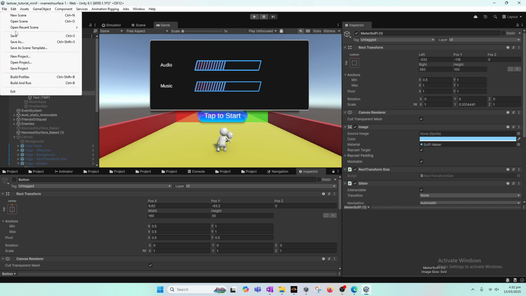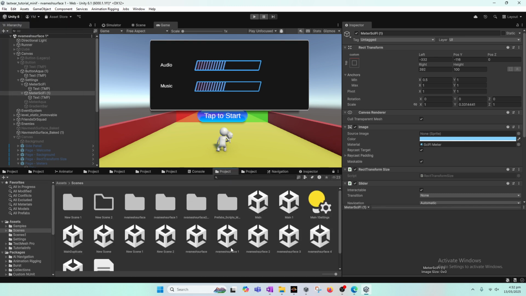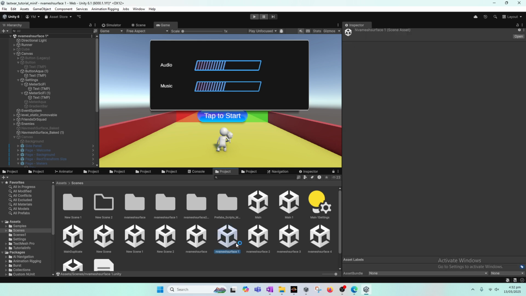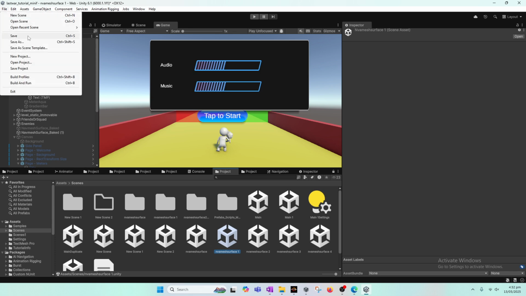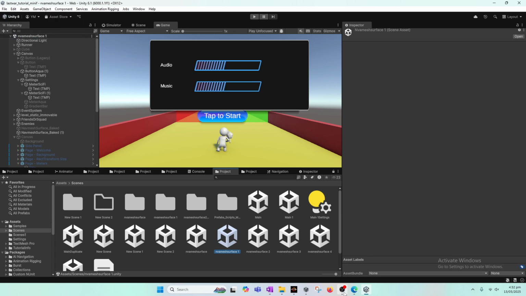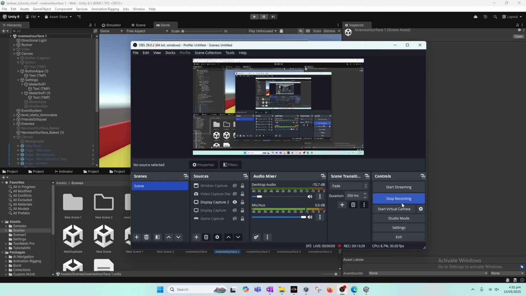So we will save this here right now, but before this, if you don't have a copy of this project, you can press Ctrl D and a new copy will be saved somewhere else, in case you guys made a mistake. And now we will save this project here, and we will head over to the next tutorial where we will look in further detail what we